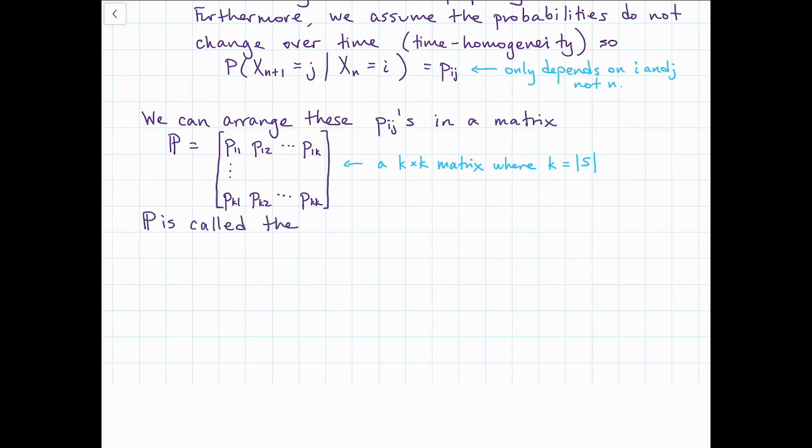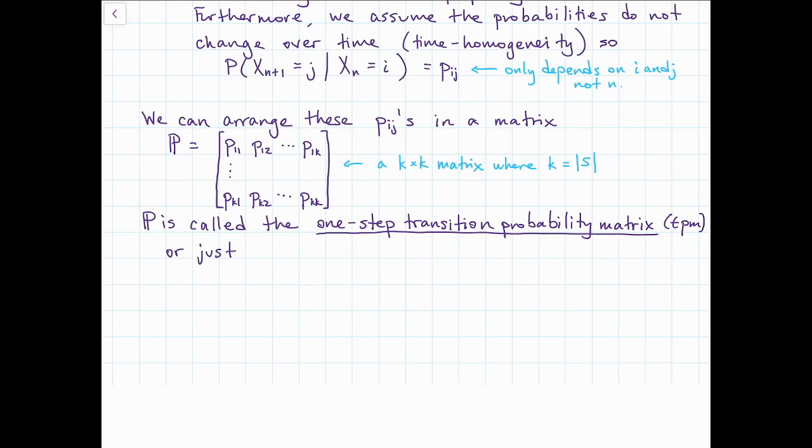This P matrix is known as the one-step transition probability matrix. That's quite a mouthful, so sometimes we call that a TPM, or actually sometimes I'll just call it a transition matrix. That's what we mean. So it contains, again, the probabilities of moving from each state to each state in a single step in this Markov chain. And the cool thing about it is that it uniquely defines the Markov chain. So if we know the transition probability matrix P, we know literally everything there is to know about the Markov chain. There's no other information that we need to find anything about it. It contains all of the information in one nice tiny package.